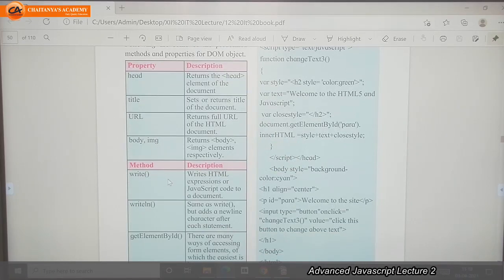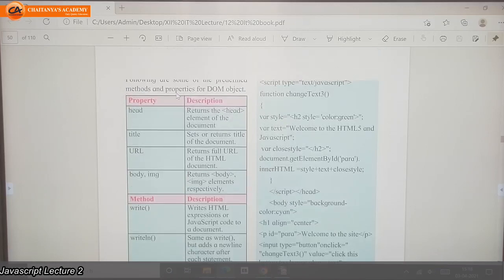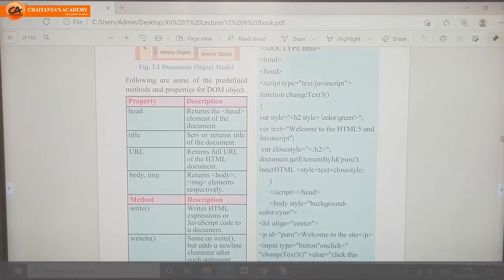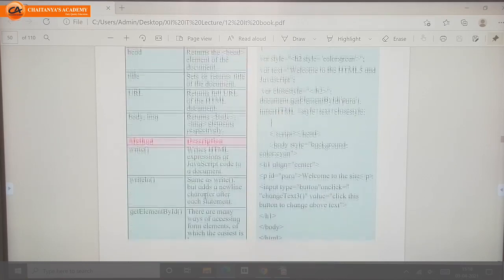I need to call a form tag in the body tag, and in that form tag I need to use input type equal to button. So I can get a button as output. So the body tag and image tag are also properties of this document object model. By using them, we will get those particular elements respectively.